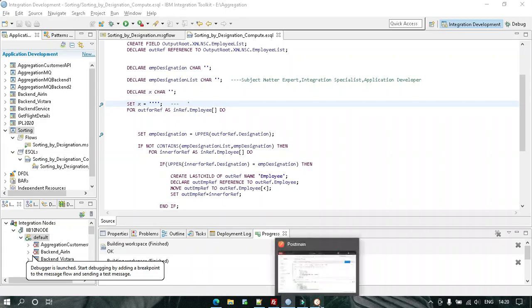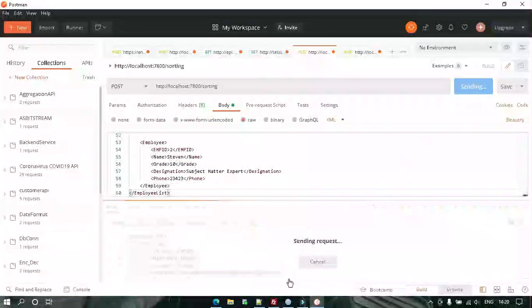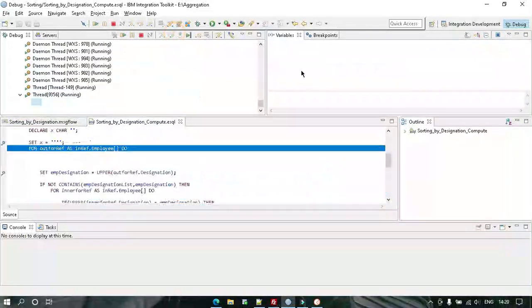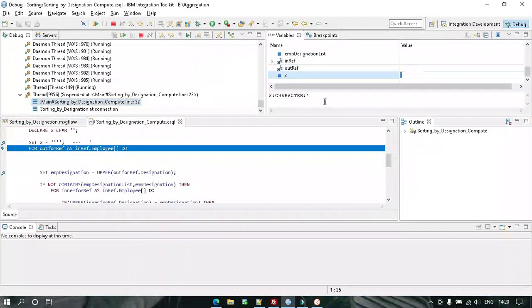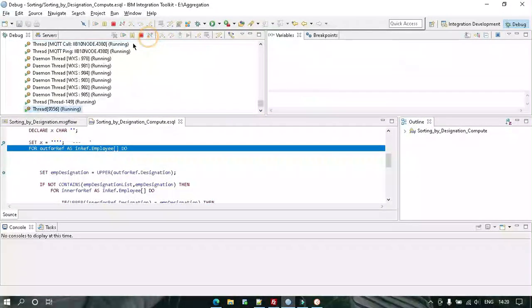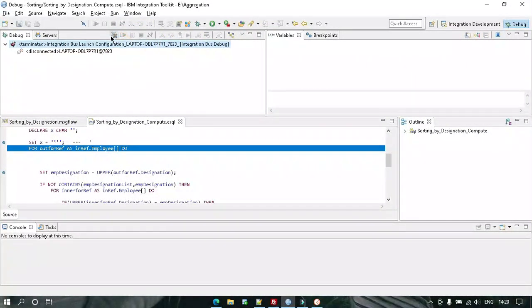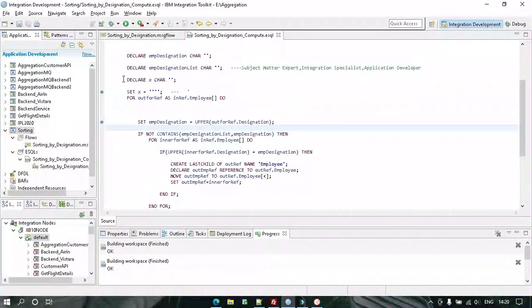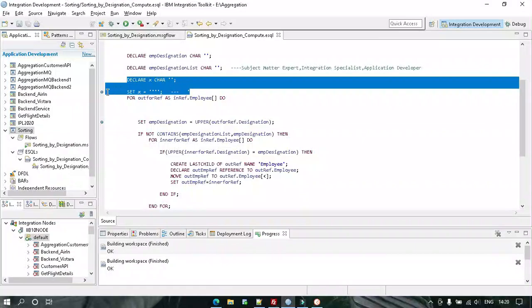Okay, so let's see the value of x. See, one single quote is there. So let me delete all these.